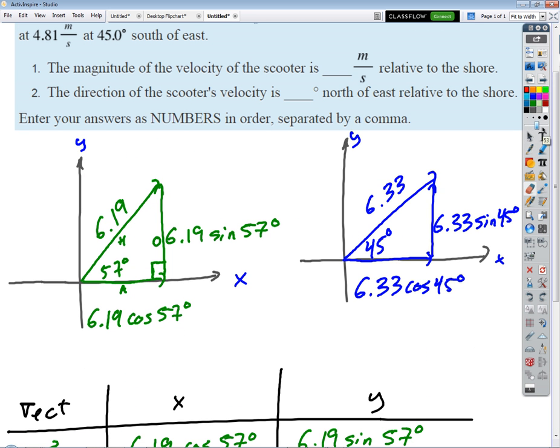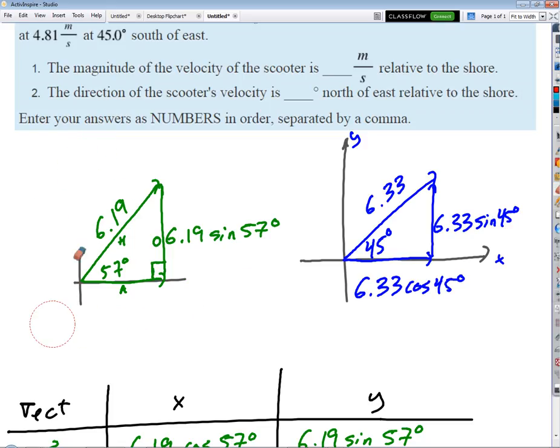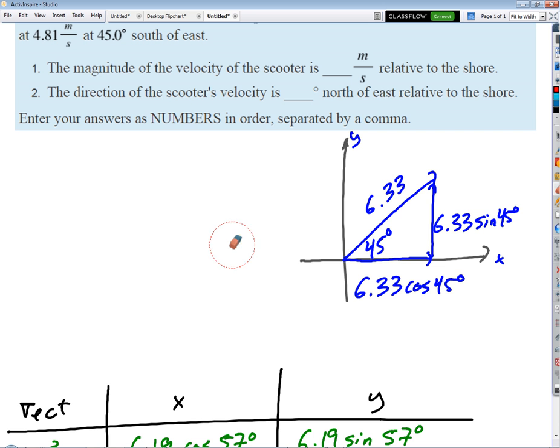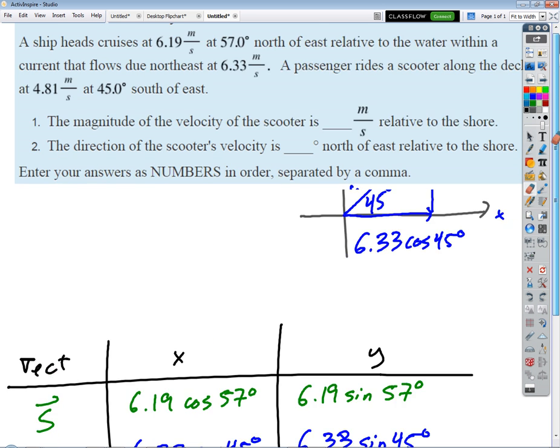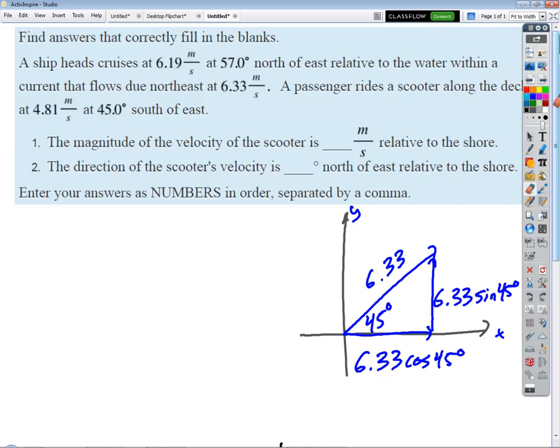And now let's go up and deal with this guy riding his scooter. Red scooter, how about? Cool. So now he's going to ride his scooter 4.81 meters per second at 45 degrees south of east. So here's